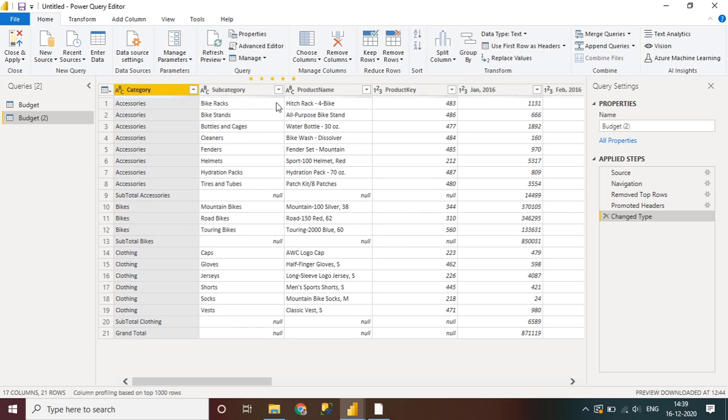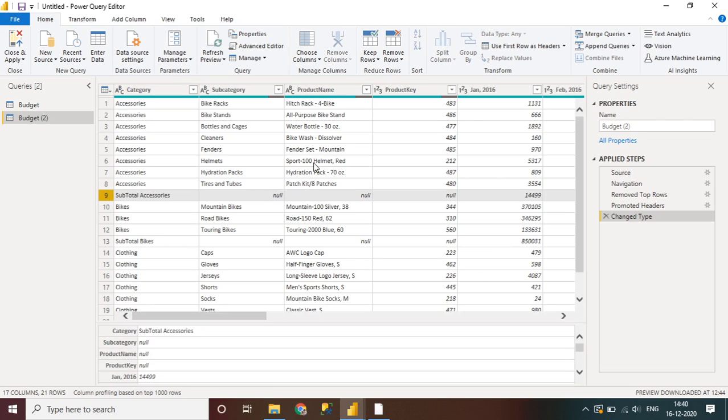If you do it, you see Column1, Column2, Column3 have vanished, and now the first row has been promoted as a header, and the action you have taken is now recorded here, Promoted Headers. Okay, so this much data is clean.